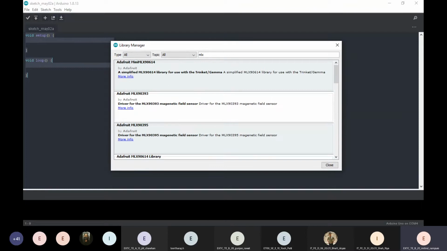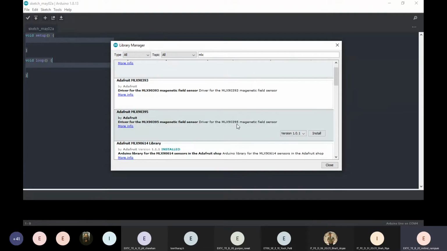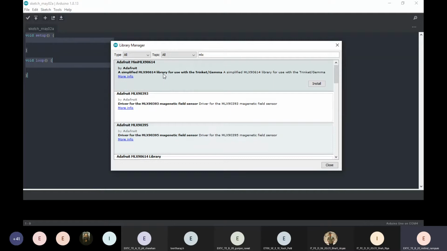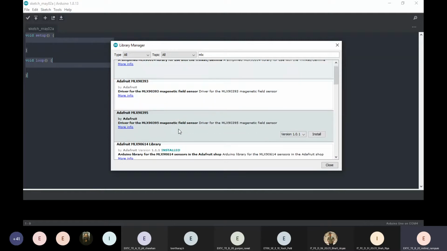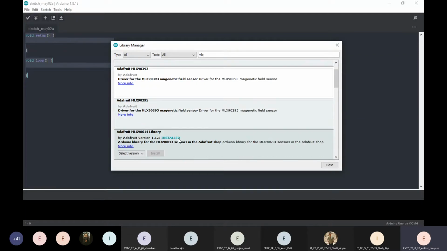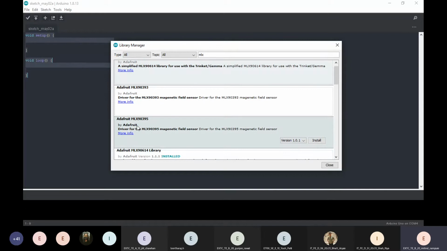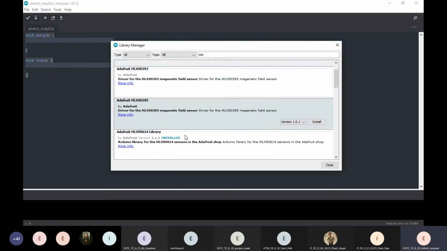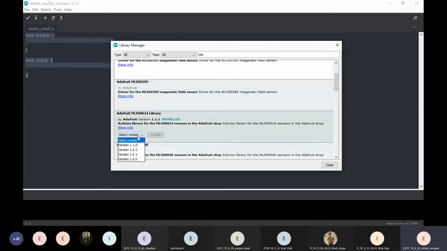And you can see the version I'm using is the Adafruit MLX90614 library. There are various other sensors by Adafruit, which are the previous versions, with minimal, low accuracy. I've already installed and selected the latest version also.